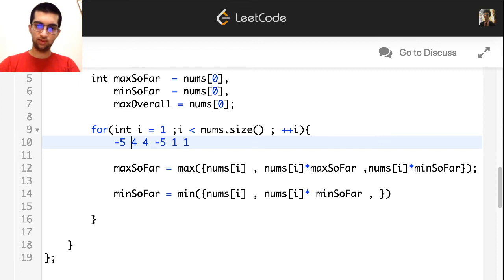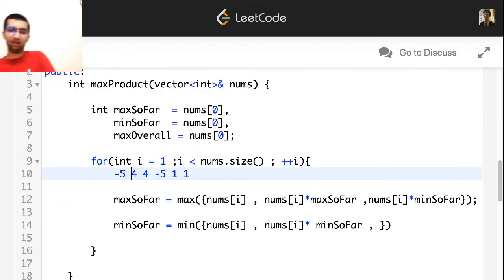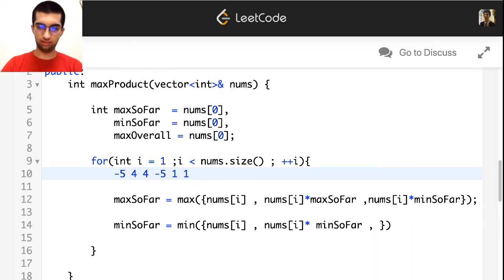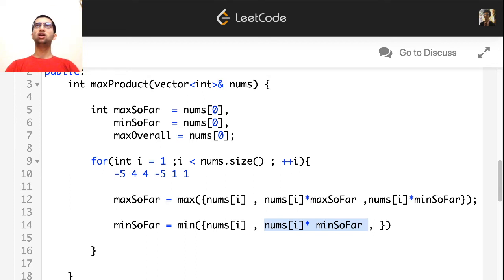So here you are calculating the minimum so far. Your minimum value so far may be you alone, okay? Or it may be you along with your previous minimum value, or maybe there's also a case where your value is there and you are a negative element, right?